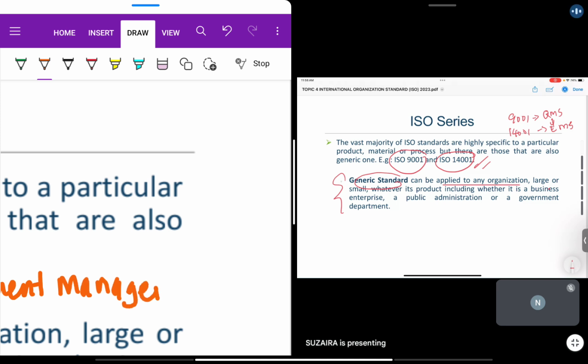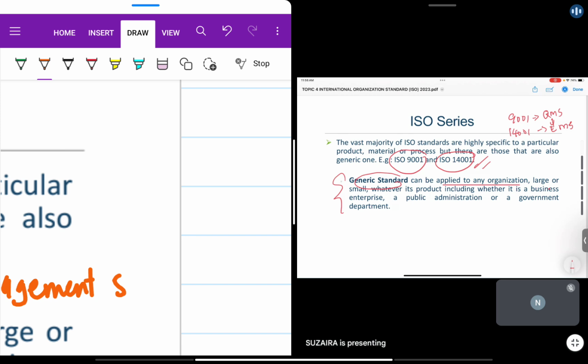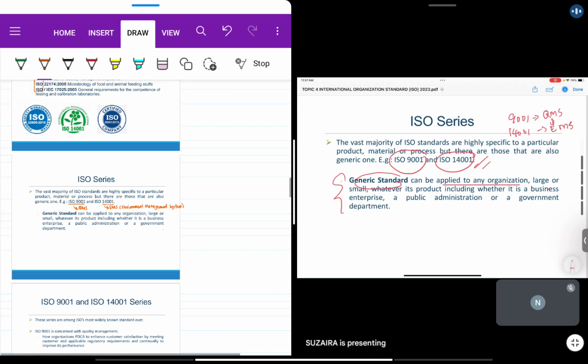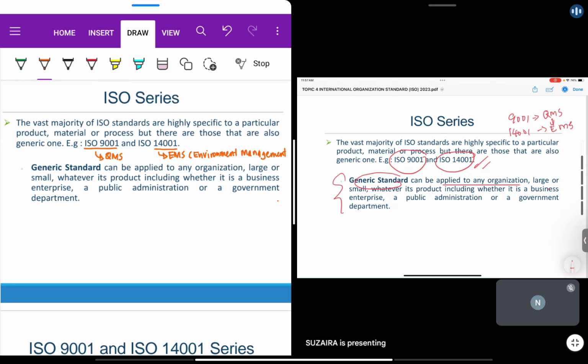Generic standard is like an option. If we talk about the food industry, if you want to apply for 22,000, you need to have a lot of investment. You need to consider your appraisal and prevention costs. But if you want to apply for 9,001, it is more towards the documentation, so you don't really need to invest more. Because 22,000 is more towards preventing defects, you need to follow the requirements. If you have a hazard, it's easier for you to have ISO 22,000.